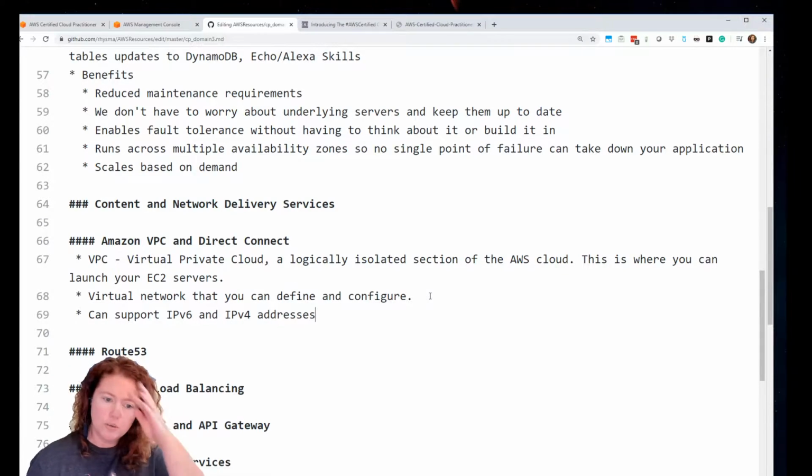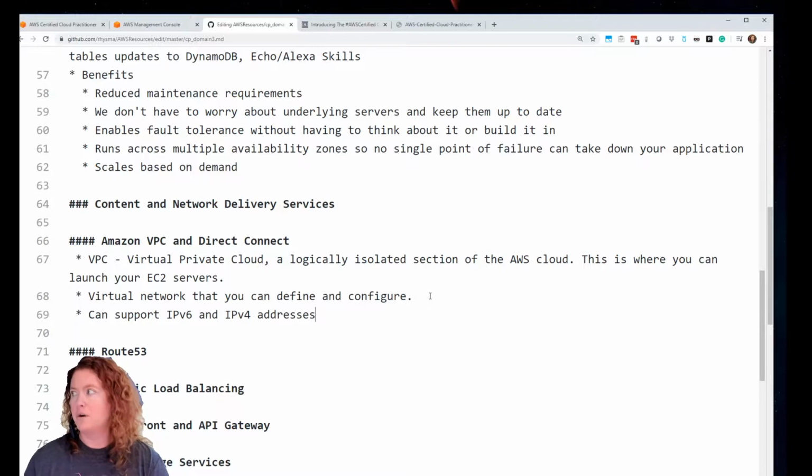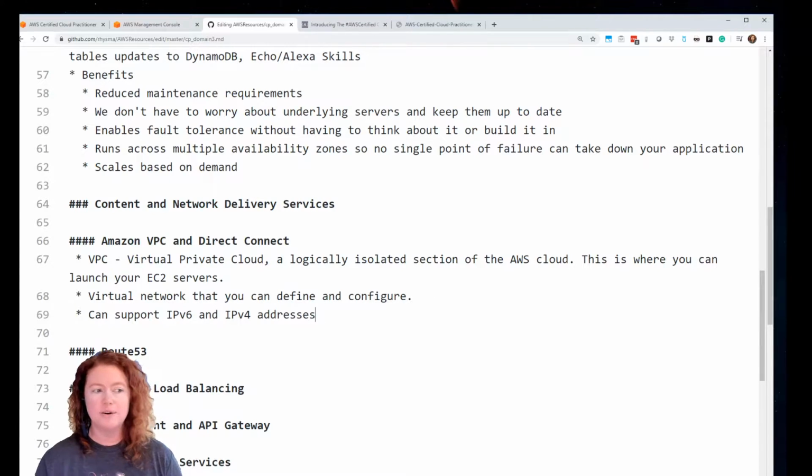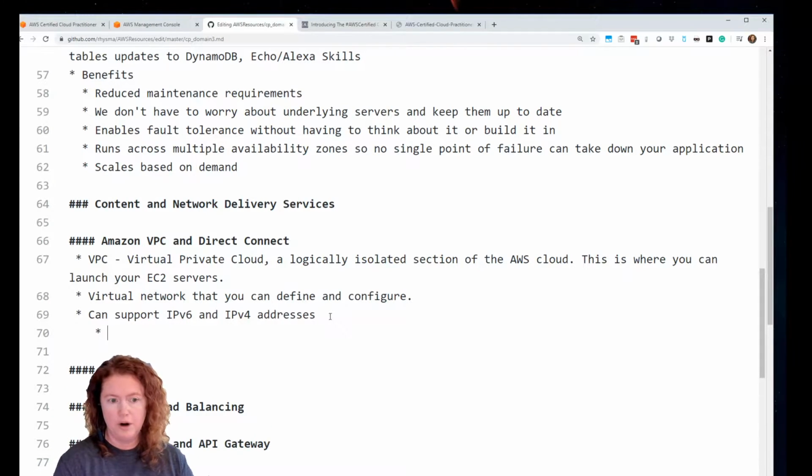If you're not sure what IPv4 and IPv6 are, you're not going to see these kinds of questions in any detail on the exam. They're just different standards for the types of IP addresses that computers are going to have on their network. And you can configure, if you want to have this level of detail,